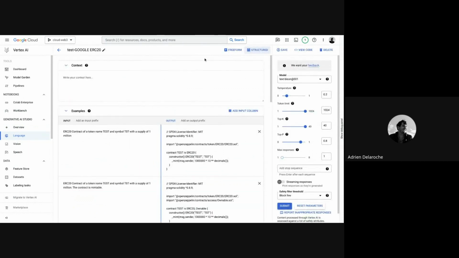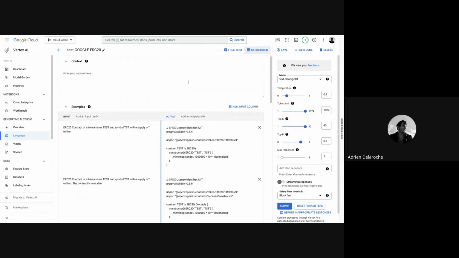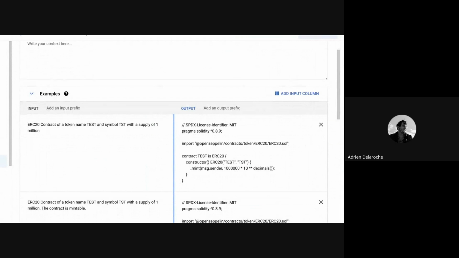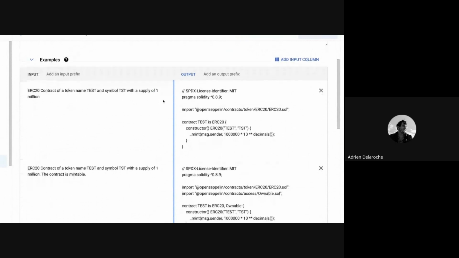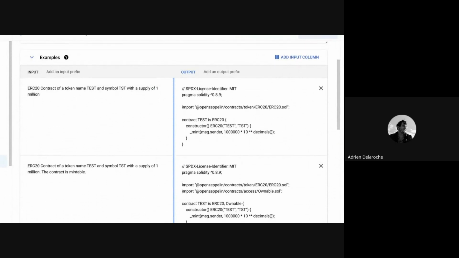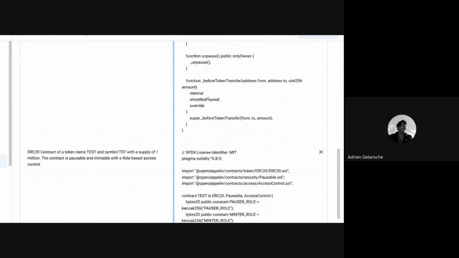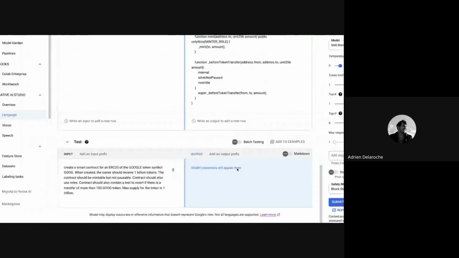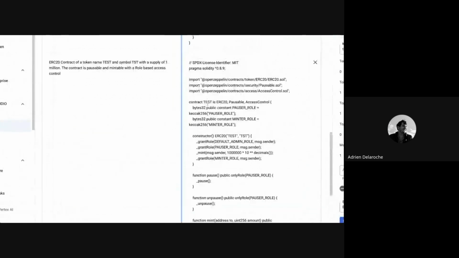I saved an example of a structured query. A structured query is basically, if I zoom here, you can see that there are a few examples of queries with the input and the output. And then you can query basically the same. You can ask a question and it will give you the answer, helping the LLM with these few